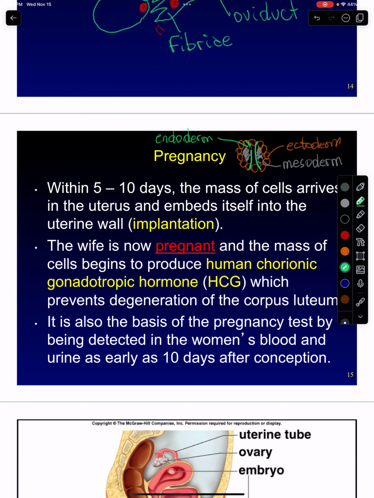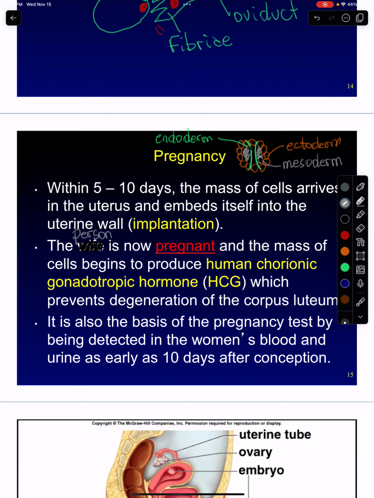Derm for dermis. Okay. So at this point, this ball of cells will travel down and it'll implant. So at this point, I'll update this. This is an old slideshow. So for the purpose of this recording, I'll say the individual or the person, right, is pregnant once implantation happens